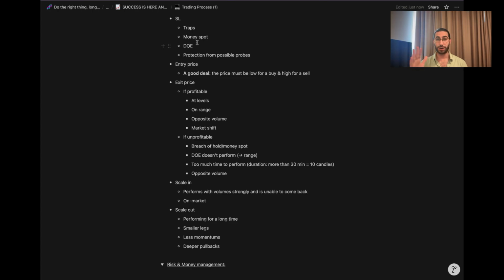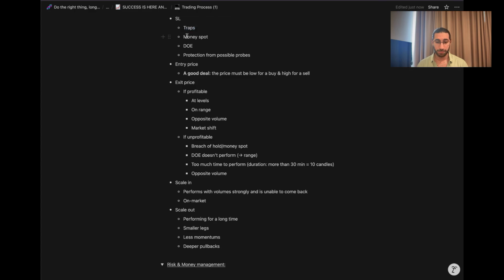Okay. Your stop loss should be below levels, not above levels. If the price is going up and there's a consensus price or a point of control below the level you traded or a range, you don't want to put your stop loss at that point of control, at that price. You want to put it below it, okay? You want to put your stop loss where you think the price will never be able to reach. Don't put it down to like zero. Just put it at a good level, okay?